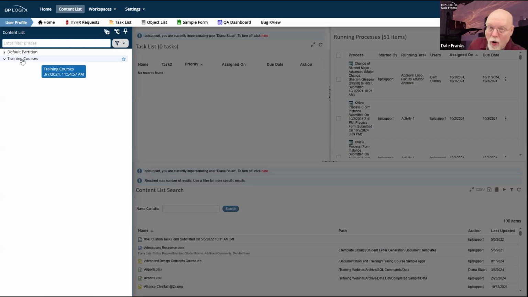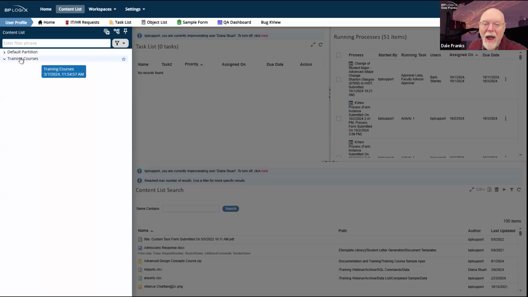I should warn you, though, that even if you are a member of two partitions, that doesn't mean that I can do something in partition A and see it reflected in partition B. Partitions are firewalled off from each other. You might even think of them as sort of two separate installations of Process Director that just happen to share an administrative interface at the very top level.